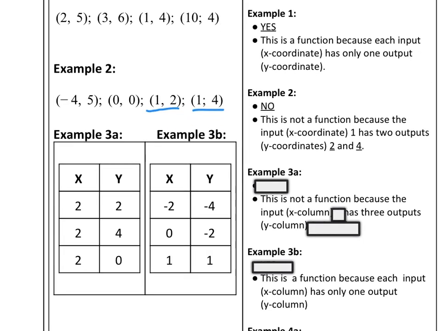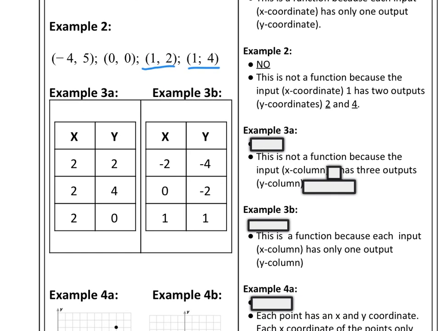Moving on to example 3. Here it looks like we've got some tables. We have x's on the left and y's on the right. Our first one, 3a, has (2, 2), (2, 4), and (2, 0). Looks like these 2's are repeating with different y values. So is that a function? No. Example 3a is not a function because the input of 2 on the left has 3 different outputs, 2,